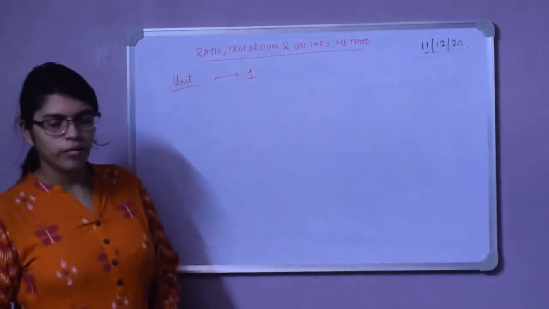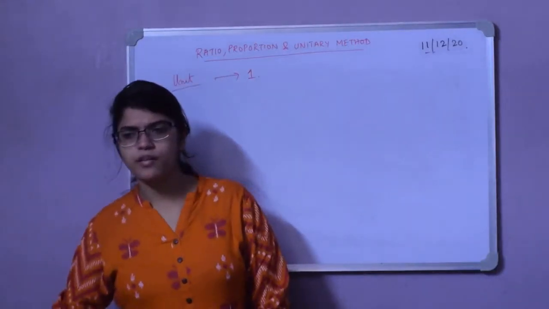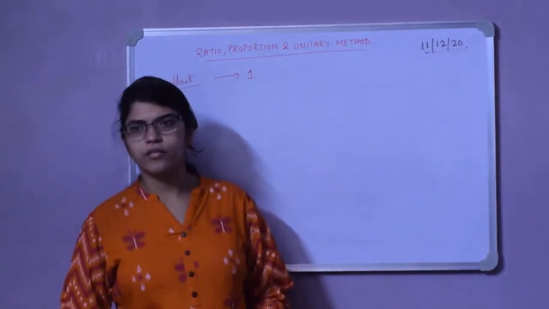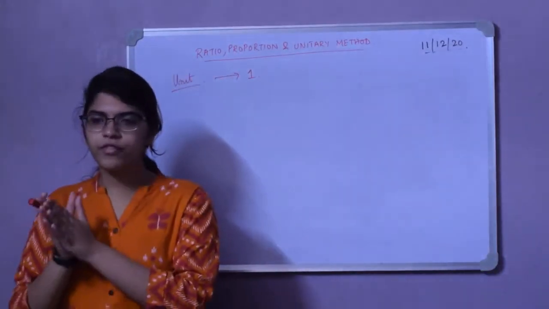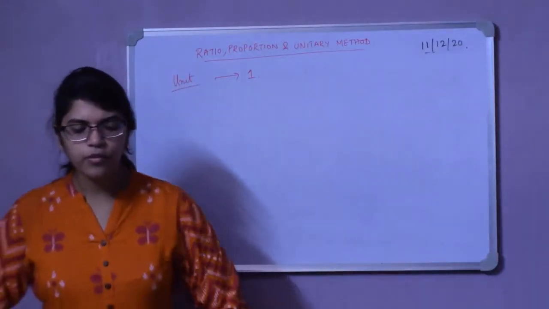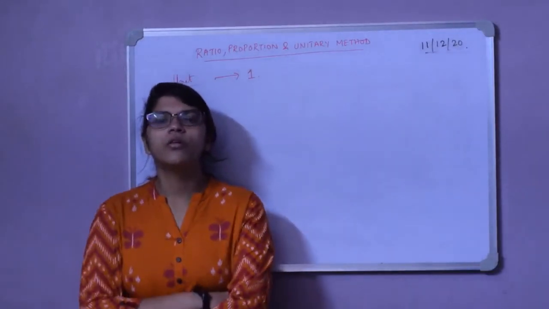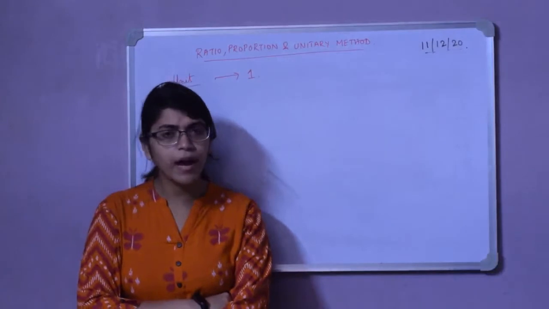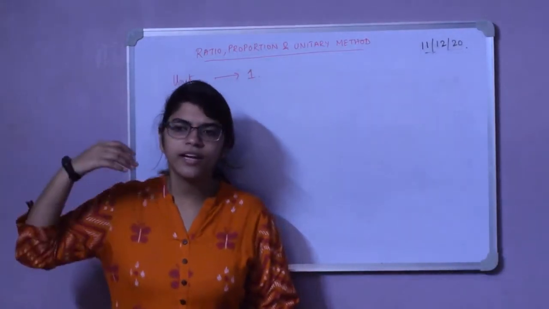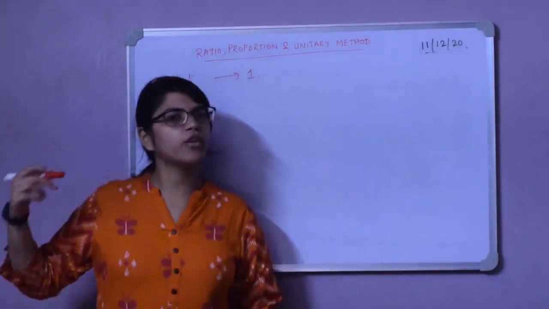So whenever we have, suppose, 10 pencils or 15 pencils and we want to find out the cost of 30 pencils, what will we do? We will first find out the cost of one pencil. Suppose you go to a shopkeeper and ask him to give you one pencil. Then he will tell you the price of one pencil. After that, if you tell him, okay, then give me 10 pencils, it will be easy for you to calculate the cost of 10 pencils.